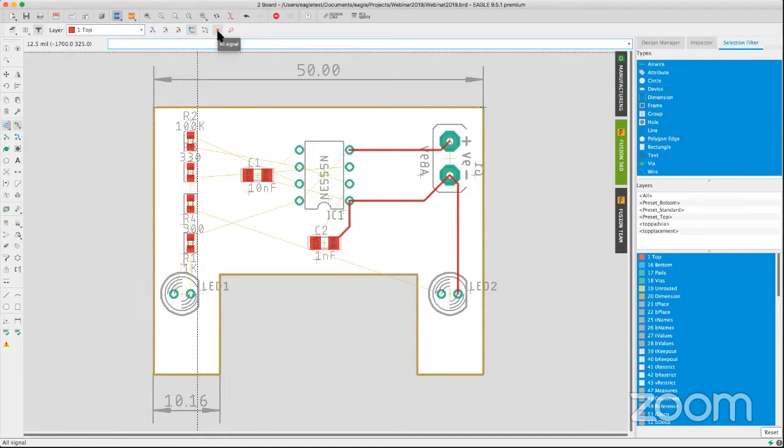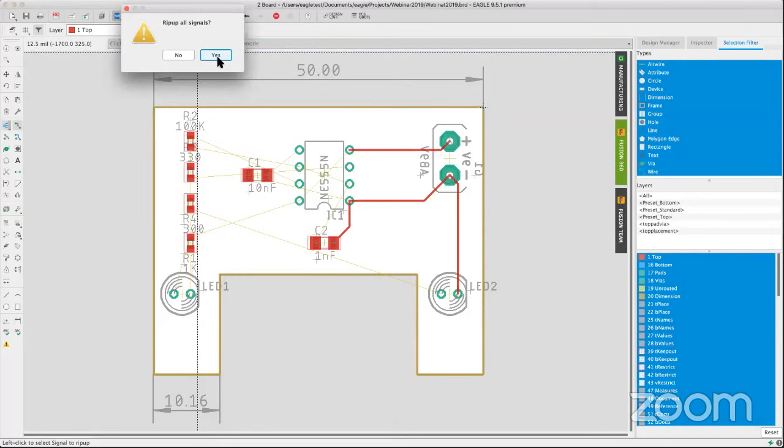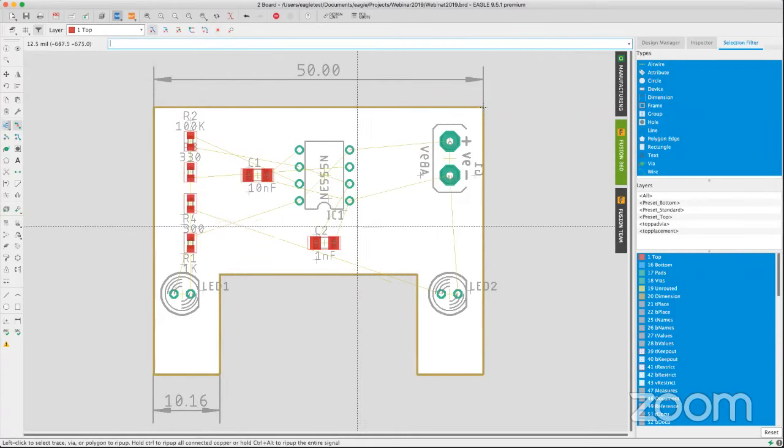And here, be extremely cautious with this one. I'm kind of glad it's a red X, because you should be very cautious. What this is going to do is rip up the entire board. It's going to rip up all the signals, and you could say yes, and you could see everything goes back to its AirWire format. If you have polygons that are filled in,